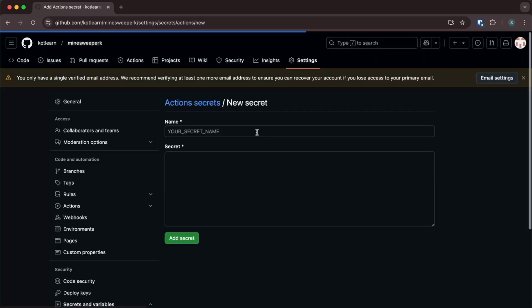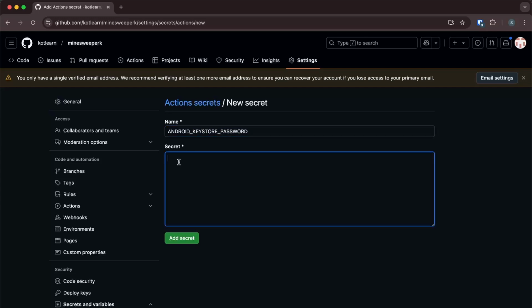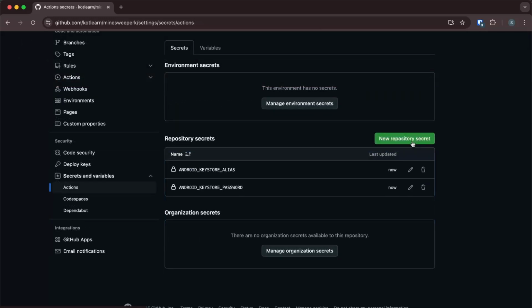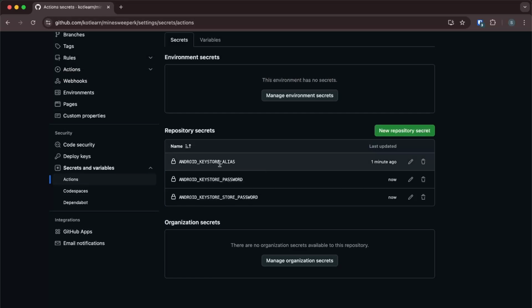The next secret we'll need is Android key store password. Now I'm going to do this off screen, but I'm just going to add the key store password here. And the next secret we need is Android key store password. And lastly, we're going to actually